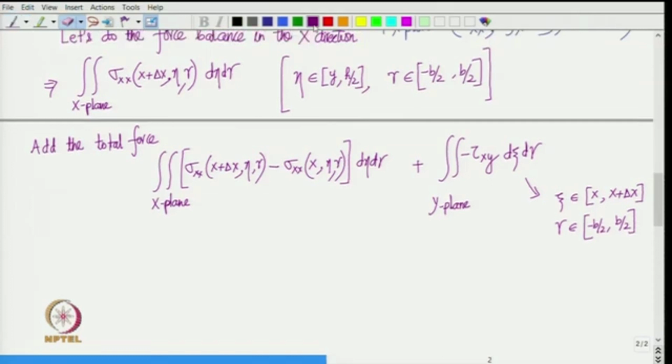Okay, let us now plug in the formula for sigma x x. So, we know that sigma x x is actually minus m x into y coordinate divided by I z z, is not it? But here the y coordinate is eta. Okay. So, this is nothing but eta. So, we are going to plug that in here. So, we get integration over the x plane,